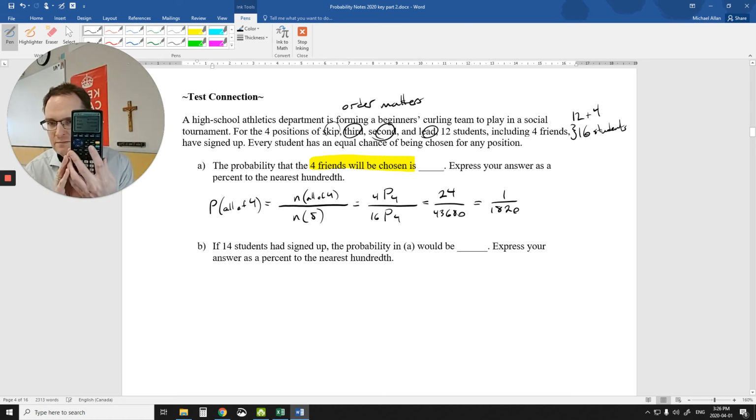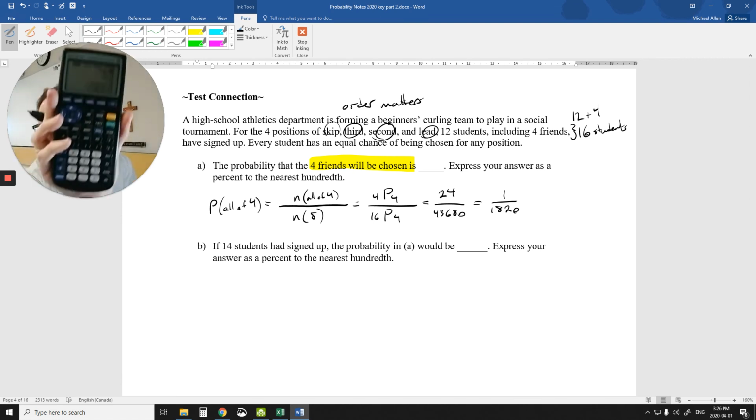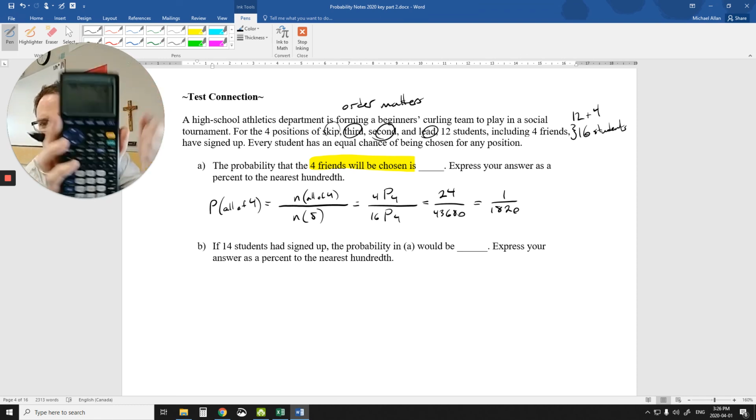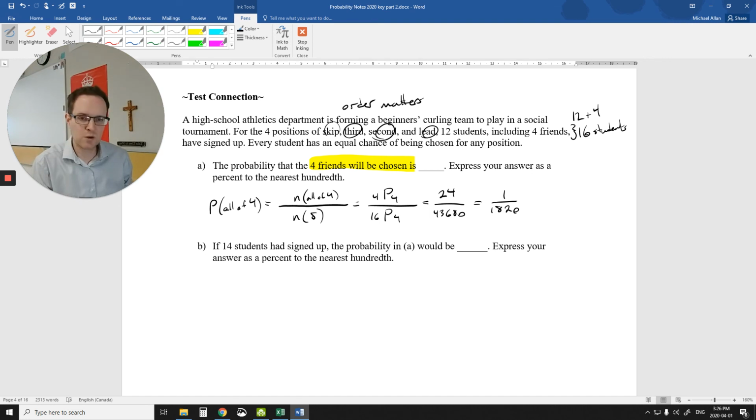So in your calculator, hit the math button here. All right, my calculator looks backwards. Hit the math button. Go over to probability. I don't know if you can see that here. It's kind of backwards here, but P and C are the second and third choice there. Okay, so it's a 1 in 1,820 chance that all 4 friends will be chosen at random to be on